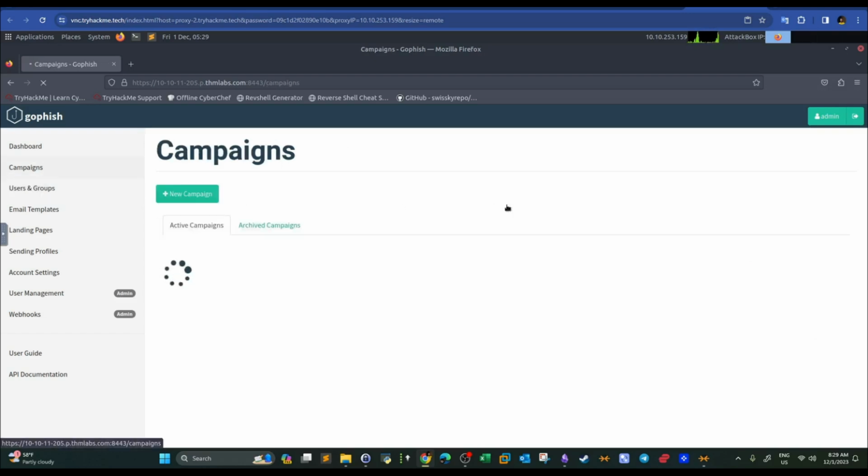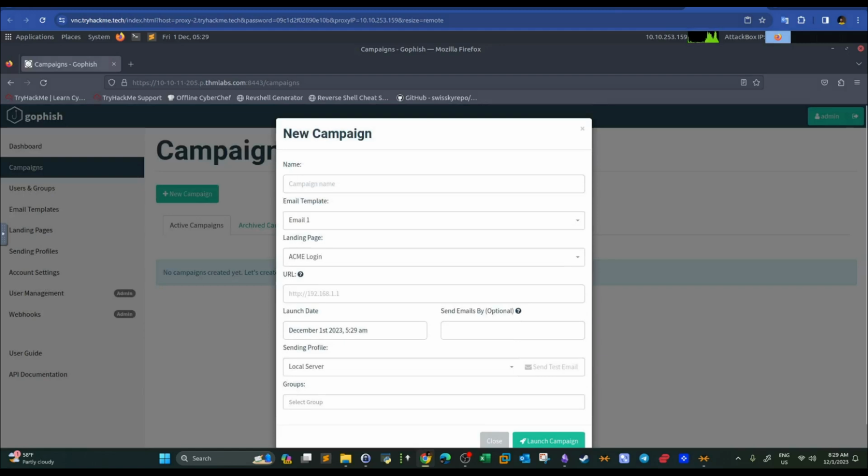Go to campaigns, click on add a new campaign, and here we're gonna name it campaign 1. Now the email template, you can choose it from the email templates that have been created before. So it's email 1. The landing page, it's gonna pop the list of the landing pages that have been created. The URL here is going to be the URL that you need the user to be redirected to.